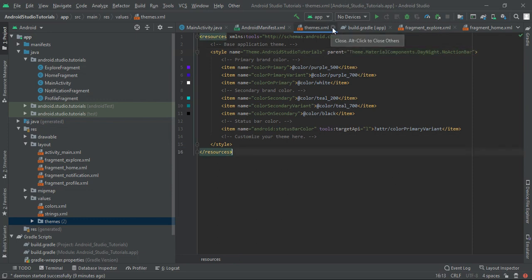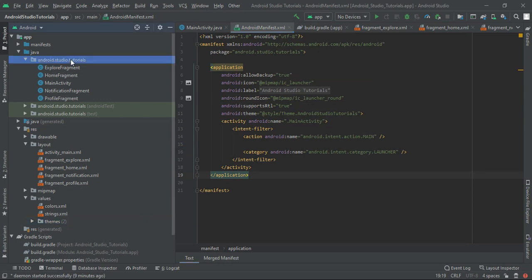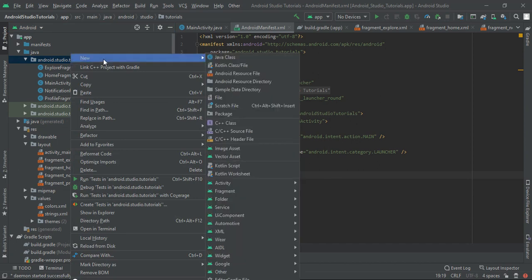Now I am going to close that themes.xml file, and now move to a package name, that is Android Studio Tutorials. And in this bottom navigation drawer I am going to right click on our package name, that is Android Studio Tutorials. And for creating our bottom navigation drawer I am going to create one new fragment.